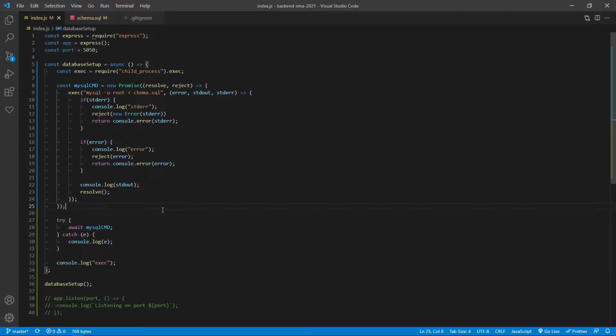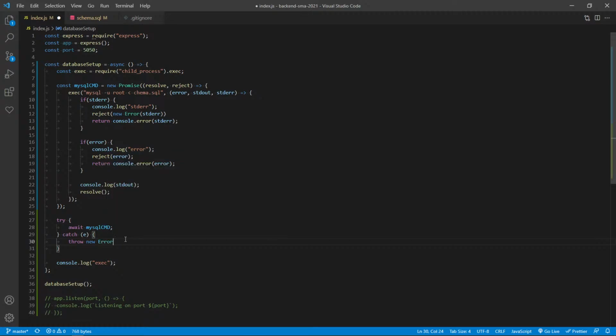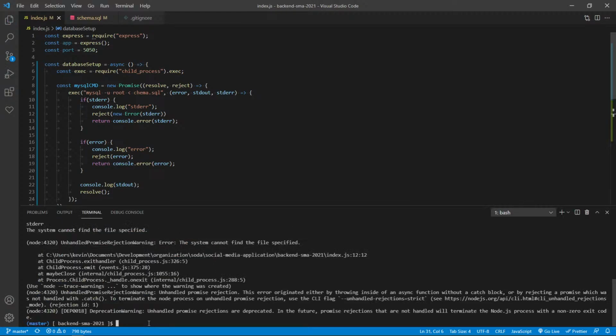So now we have to figure out, how do we reject now? Well, if we are in here, you could technically just throw new error, failed to set up database. Okay. And now if you run this,